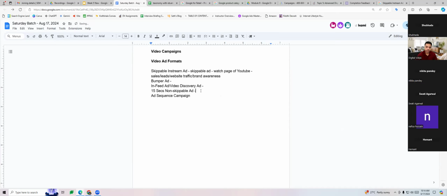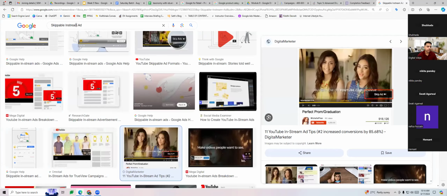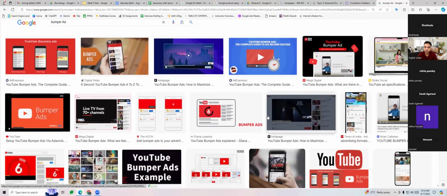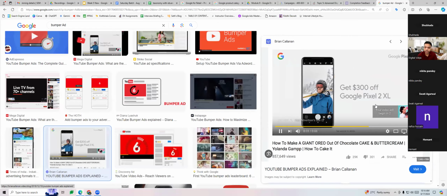The second type is going to be bumper ad. Bumper ad also we had seen. Bumper ads are going to be 6 seconds non-skippable ads. You cannot skip them. They are the ones which are up to 6 seconds long like this, and you will not be able to skip them.